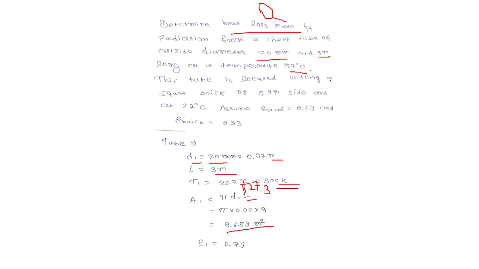the tube is located within a square brick of 0.3 meter side. So the brick is square and the side of that brick is 0.3 meter, and the temperature is given 27 degrees, and emissivity of steel is given and emissivity of brick is given. Now for brick, the side length is given, it is 0.3 meter, so we can calculate area from that,